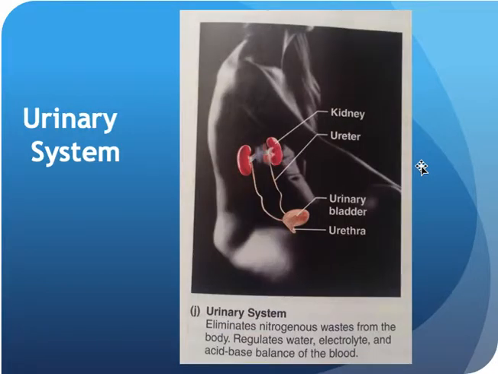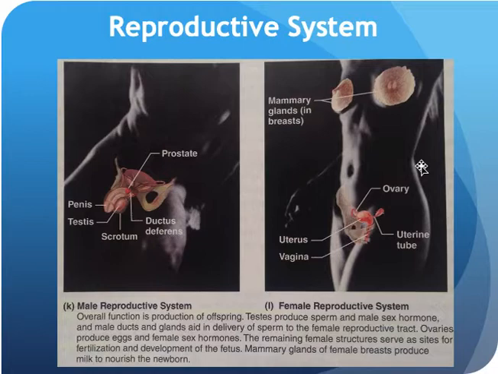And then we get our urinary system, and this is where we're just getting rid of waste, right? We're filtering things out that we don't want and getting them out of the body. But you've got your kidney, your ureter, your bladder, your urethra. That's more part 2. And then we get to our reproductive system, and again, this is where we're creating new